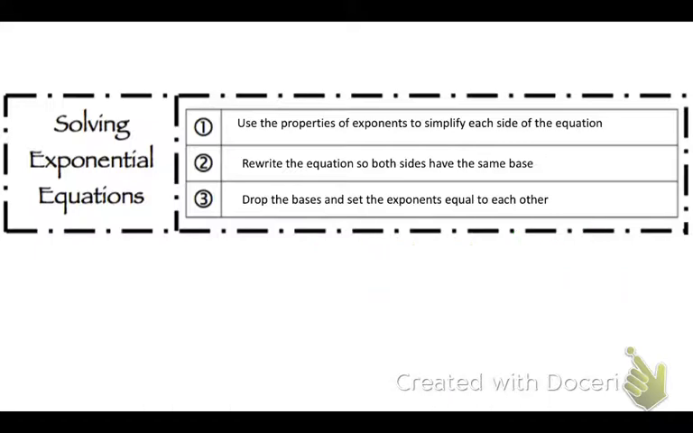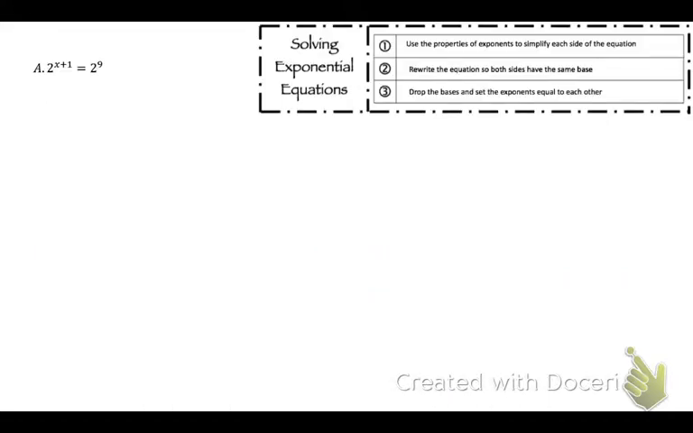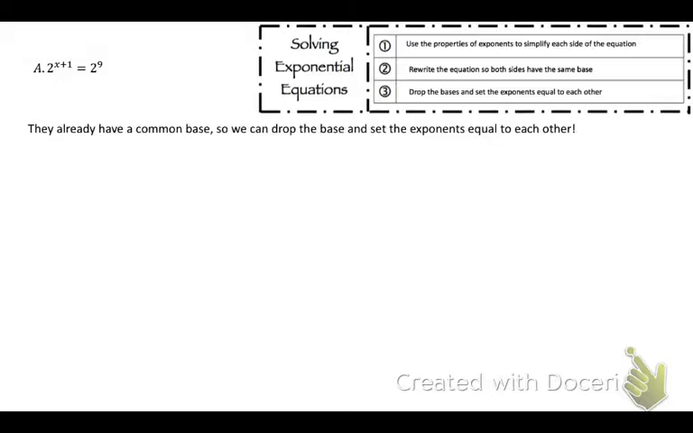Maybe. All right, so let's look at example A. We have 2 to the x plus 1 and 2 to the 9th. We already have the same bases, so this is easy for us. We're just going to set x plus 1 equal to 9 and solve for x, so you get x equals 8. If the bases are the same, hallelujah, we can just drop those bases and then set the exponents equal to